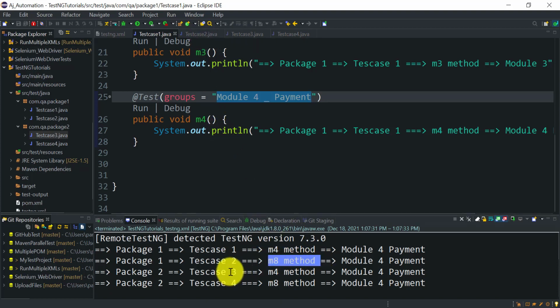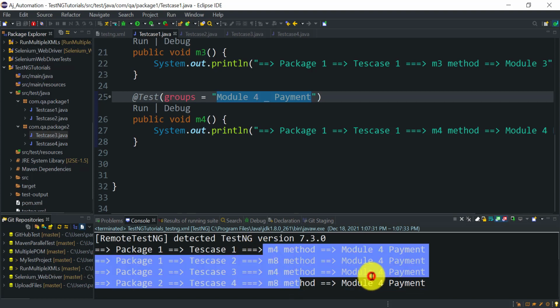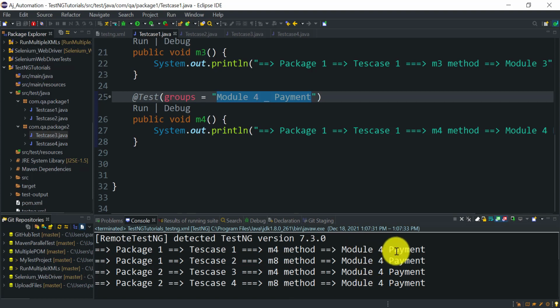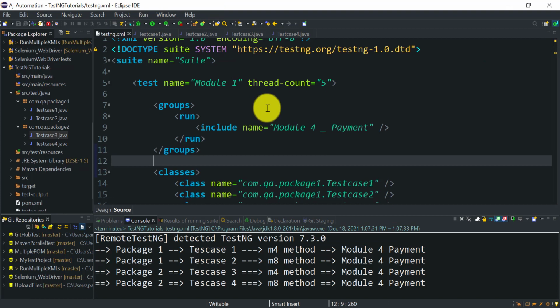From test case 3 we have this M4, and from test case 4 we have this M8 method, which are going to test this module 4 payment functionality. So these 4 test methods come under this module 4 payment group. As we are running that particular group from the TestNG XML file, only those test methods run. TestNG did not execute anything apart from this group.